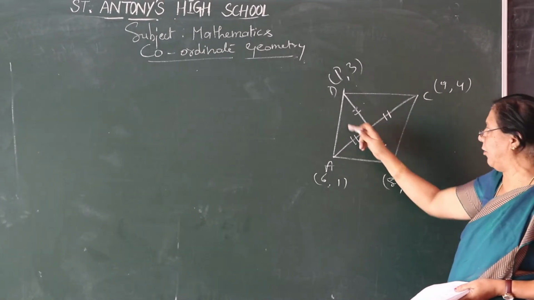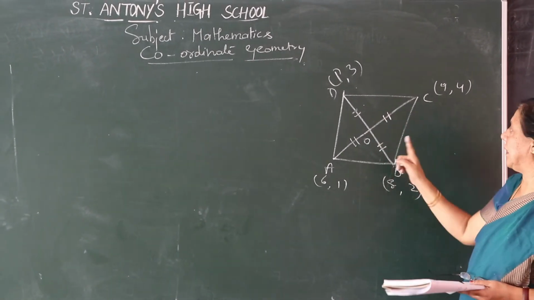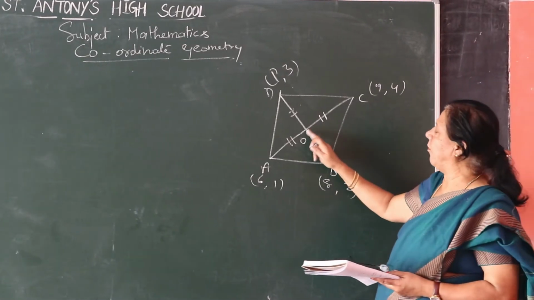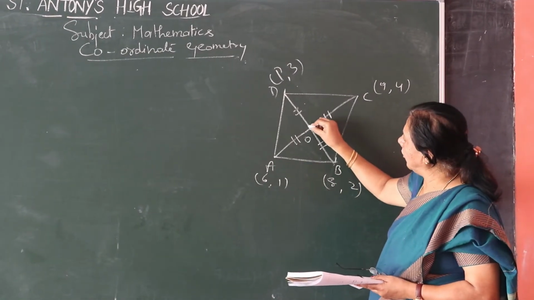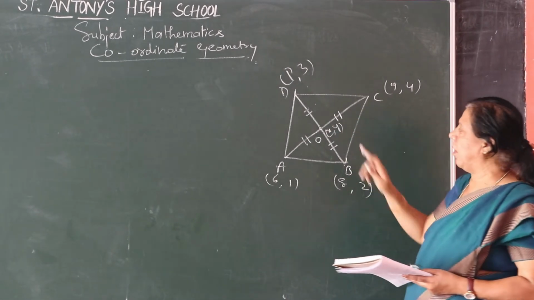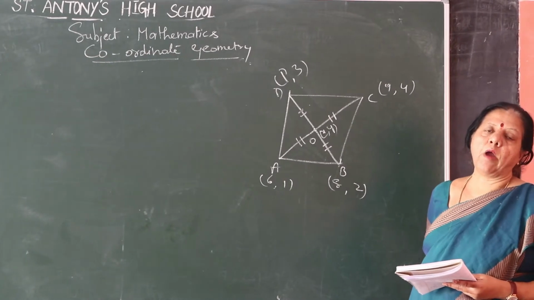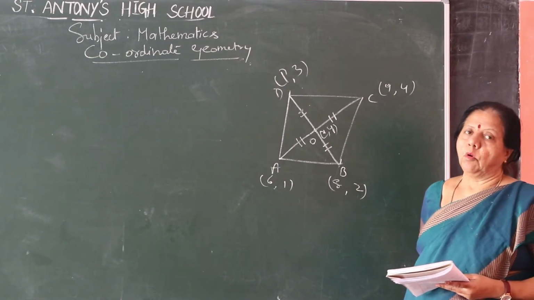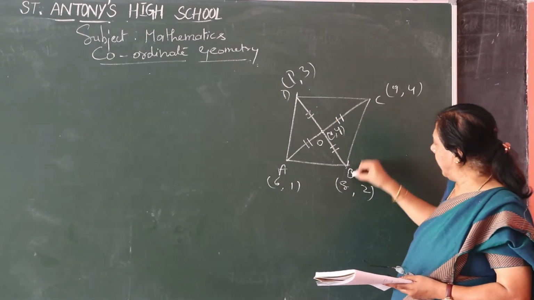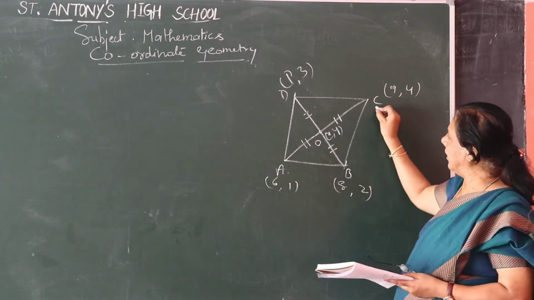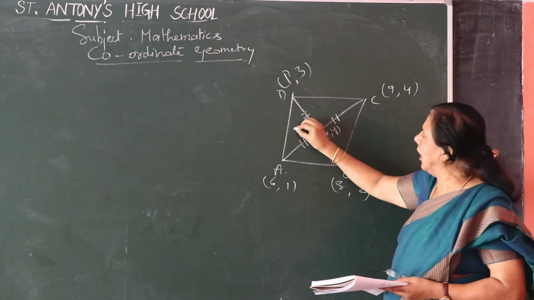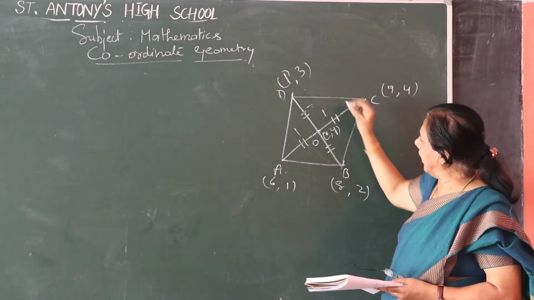The sign indicates equidistance, children. This sign indicates equidistance. You have to find out x and y. Okay, children, now let us pass on to that one. See, you can take D, B, or you can take A and C. So the midpoint is this one. The equidistance is 1:1. This one is 1:1.